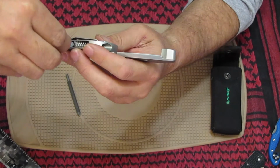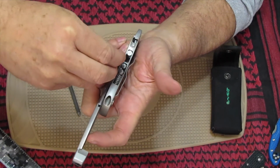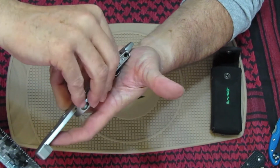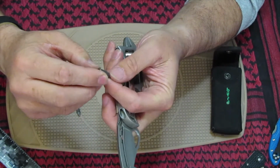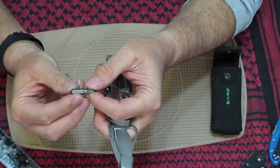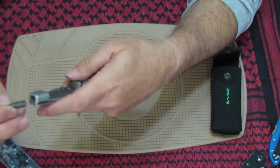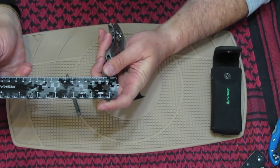And then next up, and I like to put them in so the numbers are facing the same direction, that way you can slide them out and they look neat. So next up is the standard slotted screw. And this says slotted number 2, slotted 5. So this, and the size on that is about 3/16